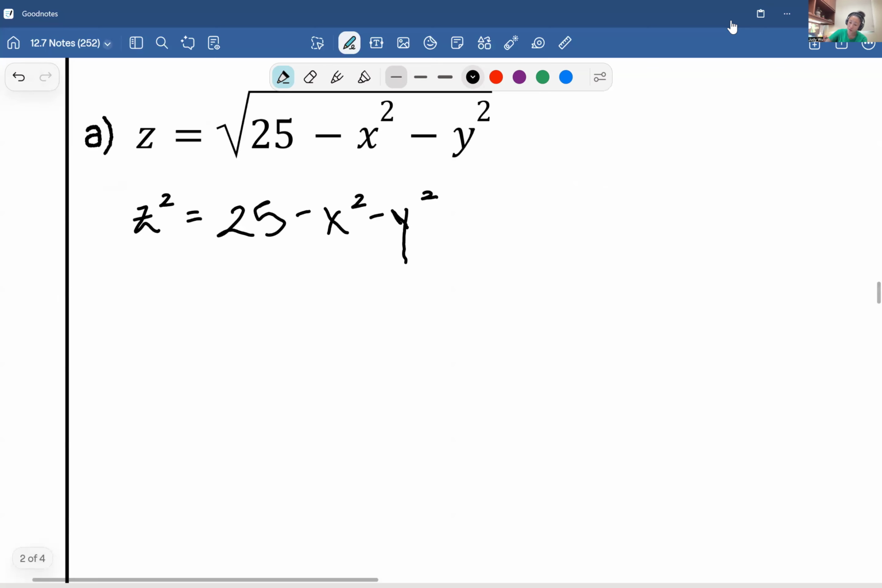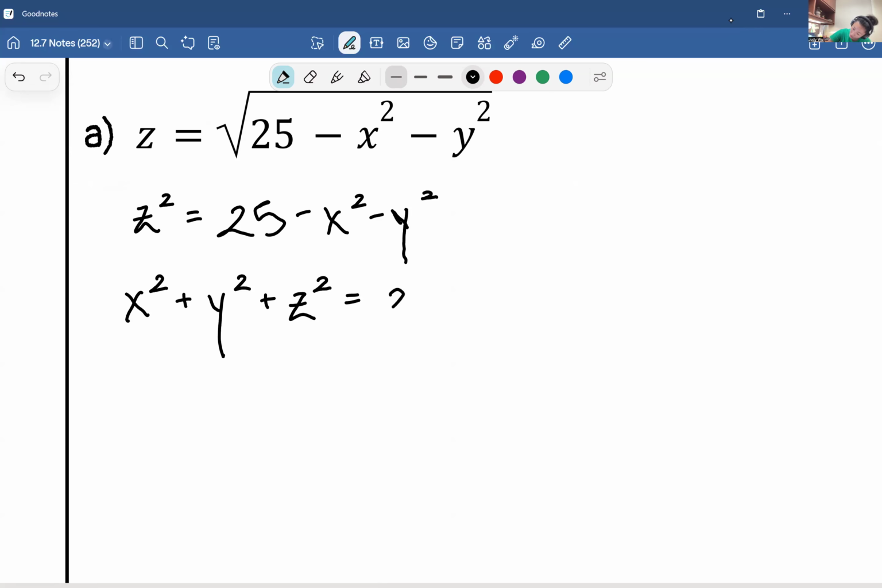So I'm going to do one more thing. I'm going to take my x squared and y squared, and I'm going to add them to the same side as the z squared. So I get x squared plus y squared plus z squared equals 25. And so with a little bit of algebraic manipulation, we see that the equation we had originally was actually a sphere. It's a couple things. It is the top half